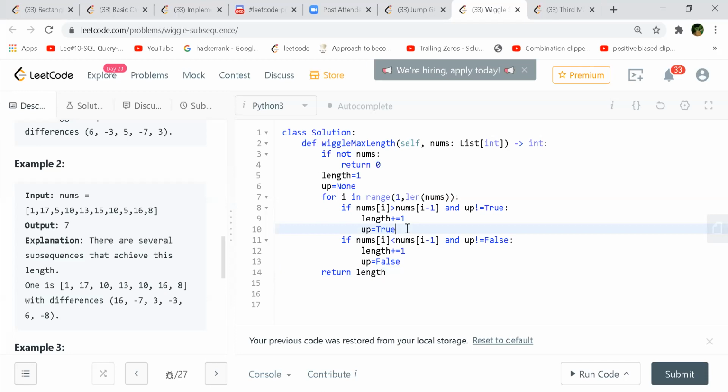Instead of that, he was actually incrementing an answer, or length maybe. So you will have two lengths: one will be the length for up and the other will be the length for down. And then the same thing what you do here, but your length for up will be incremented only on line number 9, and length down will be incremented on line number 12. And every time when you are moving ahead, the lengths remain, because he was copying the previous values always for the next call.